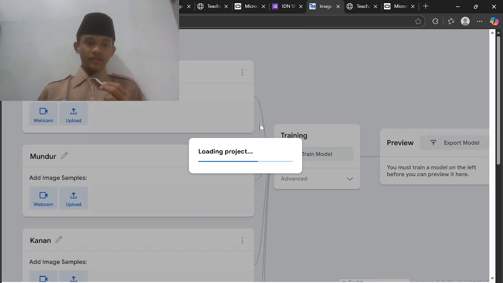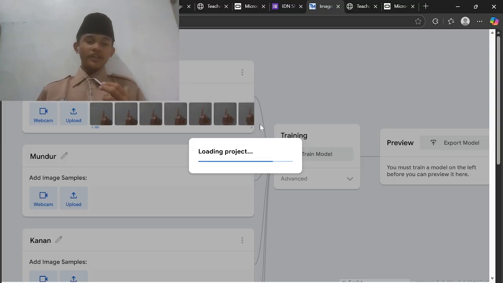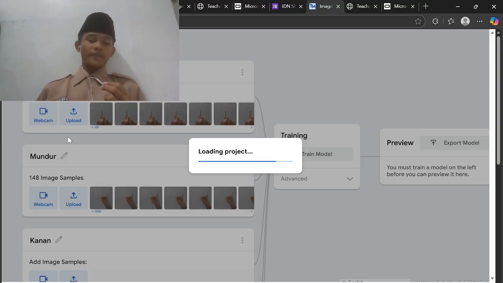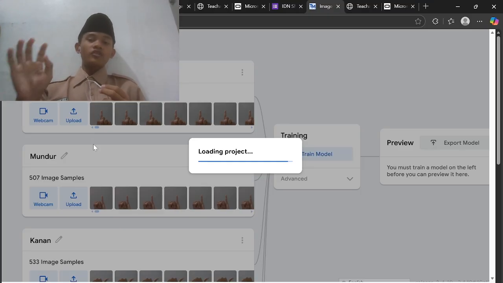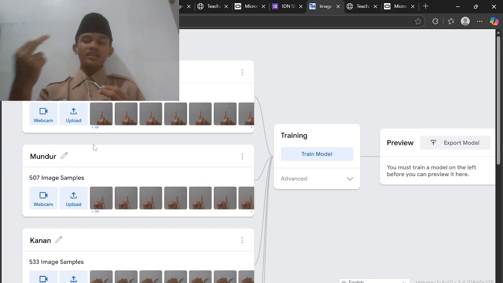If you already record with the webcam, later you use your hand. You set the gesture you want with your hand, up to you, but don't use a bad shape.